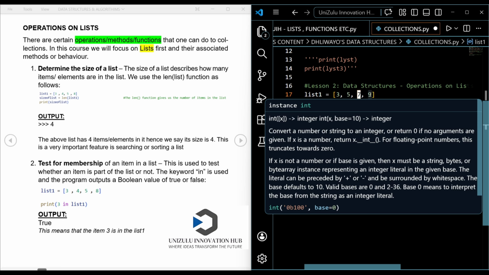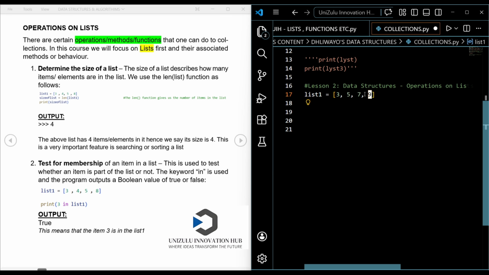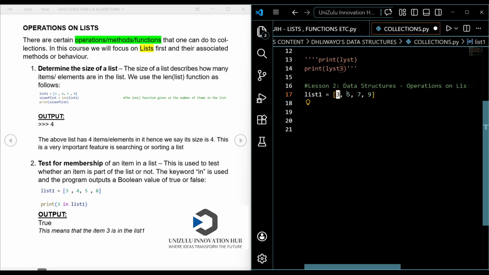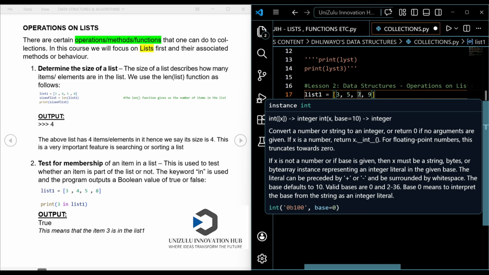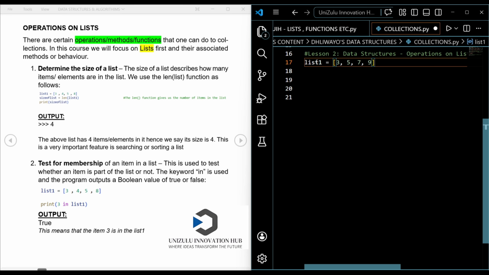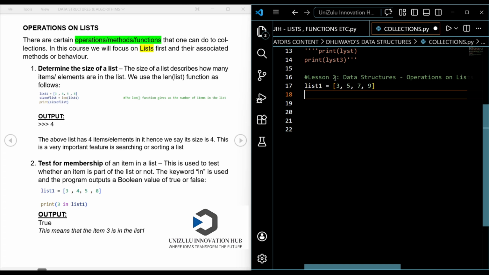Remember, when you say that the list is homogeneous, it simply means that it has only one data type. The items or the elements stored within that list are of only one data type. For example, this list 1 is a list of all integers. There is no string, there is no float. So on this homogeneous list 1, we can do the first operation, which is to determine the size